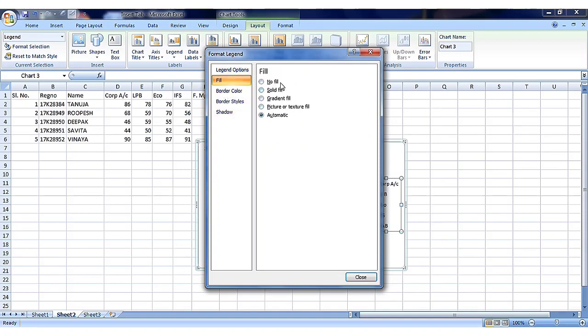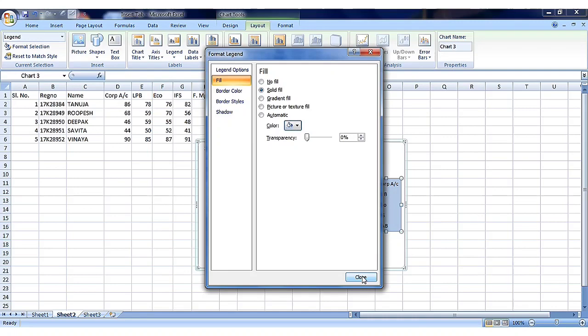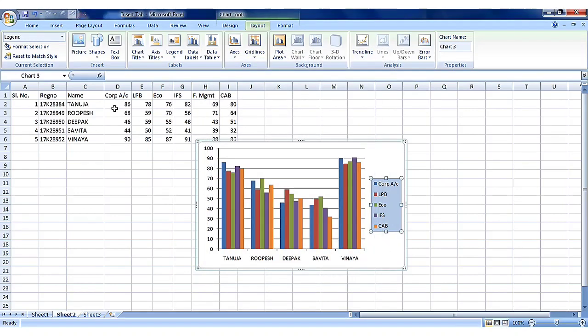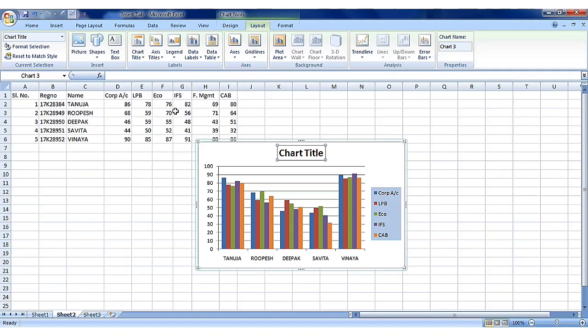Can fill this, solid fill, close. Then you can insert picture, shapes, text box. You can insert chart title. Likewise, you can insert data labels, data tables.